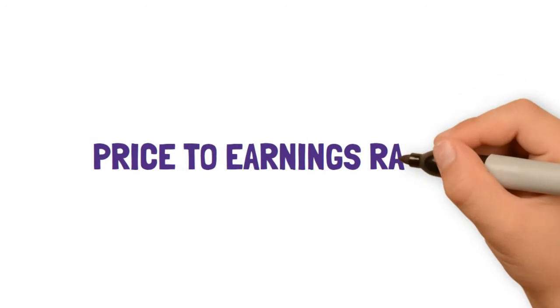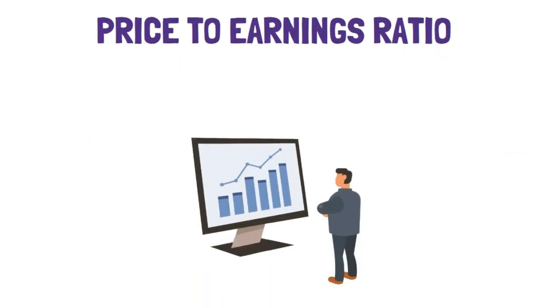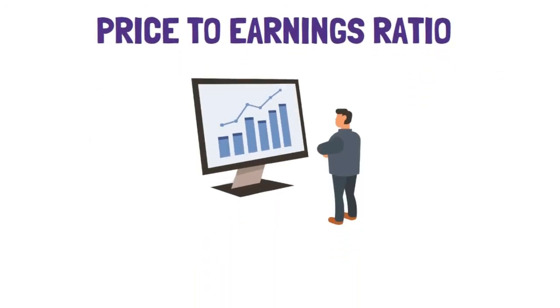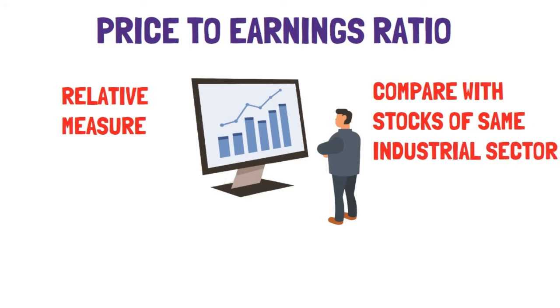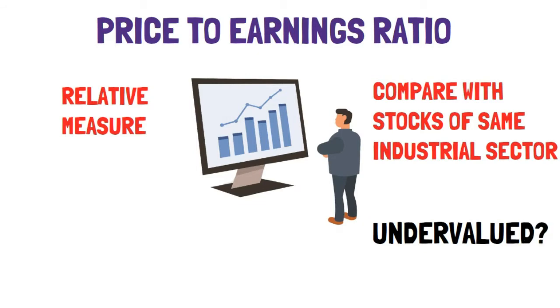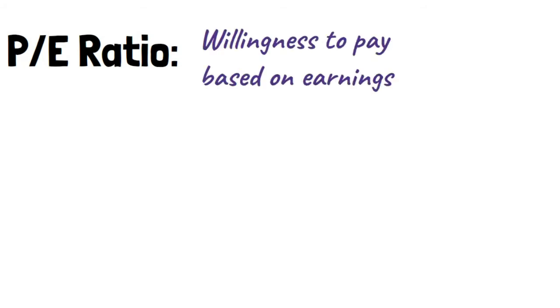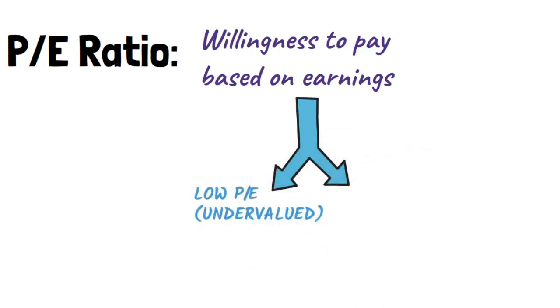Price to earnings ratio is a fundamental metric used by investors to evaluate the value of a stock. It is a relative measure that is best used when compared with other stocks belonging to the same industrial sector, and it can tell you whether a stock is undervalued or overvalued. In a nutshell, the PE ratio shows what the market is willing to pay for a stock based on the company's earnings. A low PE would indicate that the stock might be undervalued, whereas a high PE might mean that